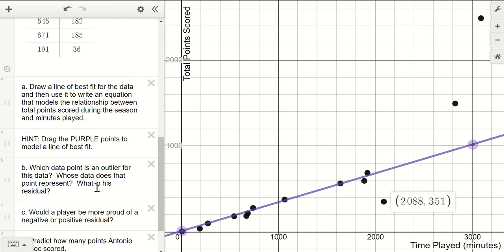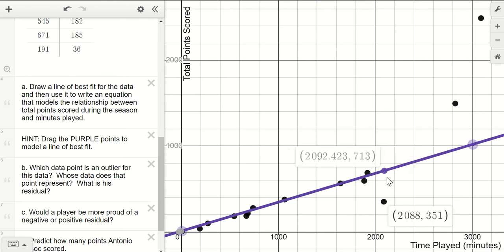Whose data does that point represent? What is his residual? So a couple of things there. Tell me what player it is, what's their minutes of play, and what's their points scored for part B, and then what's his residual. To answer that question, if you wanted to find the residual for this player, for example, you can just click on these points to hide or show the minutes of play and the points scored. But then if you click on your line of fit, you can bring it to a spot where you can see very close. I wanted to get closer, but you can get very close to